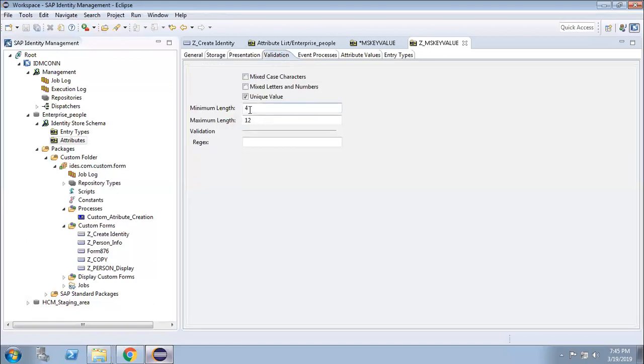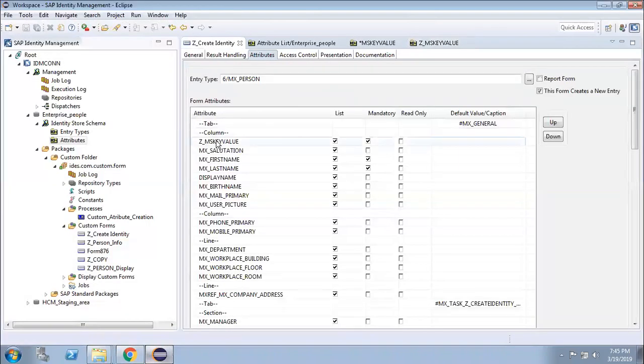I put the restriction there: minimum length is 4 characters and maximum length is 12 characters. And I put that custom attribute inside the form, instead of the standard MSK value, this custom ZMSK value attribute.